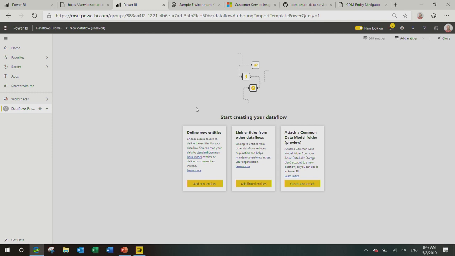So you saw Miguel going through doing self-service business intelligence, connecting to different sources, shaping the data, transforming it, and deriving insights, right? And there's always a need for doing that.